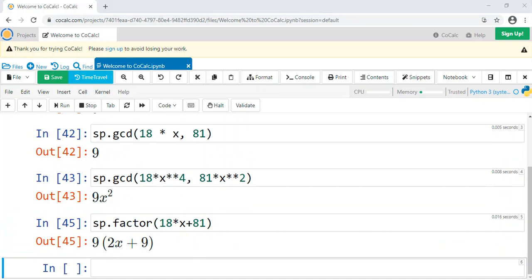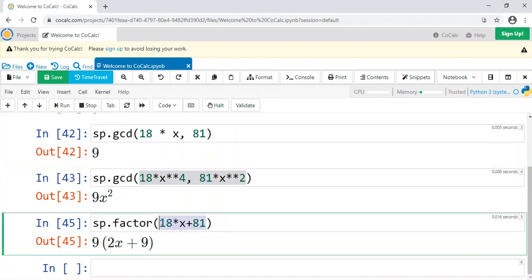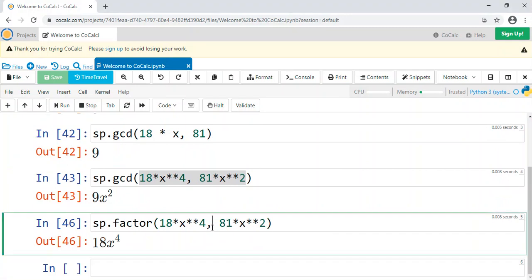So that's perfect. You could also have stored this into a variable and then run sp.factor over the variable, of course. So if we wanted to do sp.factor of this expression, you see it pulls it out. Well, of course, that's not an expression, that's a comma, so let's do that again.